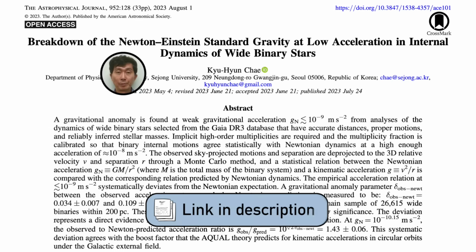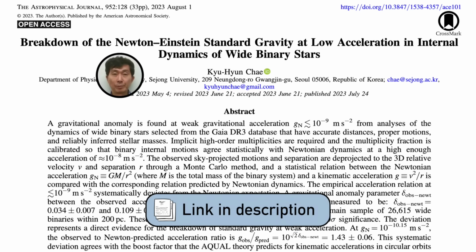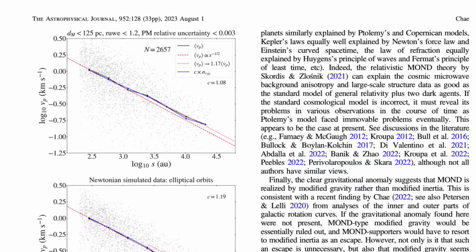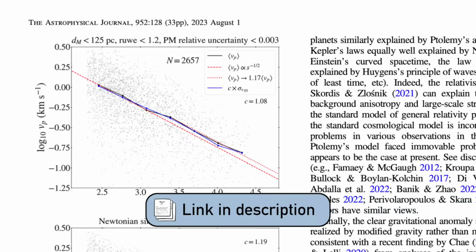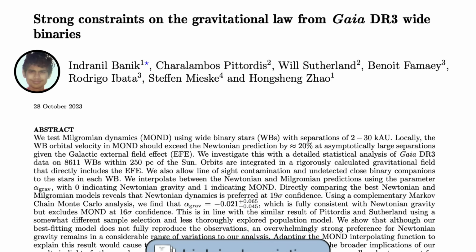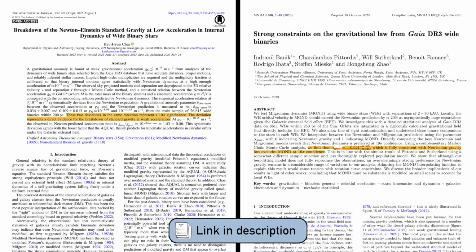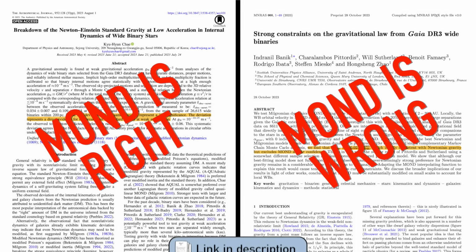2 months ago, I made a video about a research paper that went viral online, which claimed to have found evidence for an alternate theory of gravity called MOND that doesn't need any dark matter to exist to explain our observations of the universe. But there were a lot of caveats to that claim in that paper by Chae. And now there's a new paper that's come out from Banik and collaborators that has used the same data but a much more rigorous method to analyze it and has claimed the exact opposite thing and ruled out the possibility of MOND completely, and explains why the test done by Chae doesn't give you accurate results.